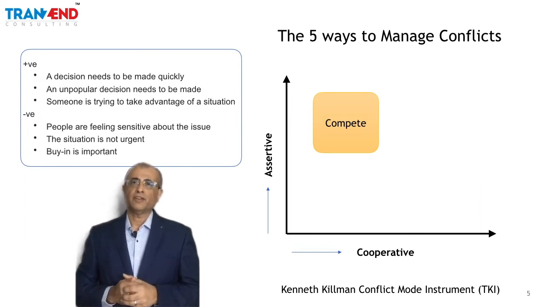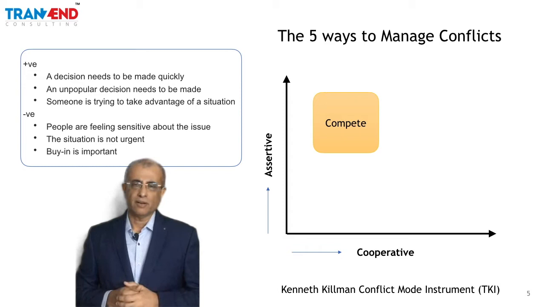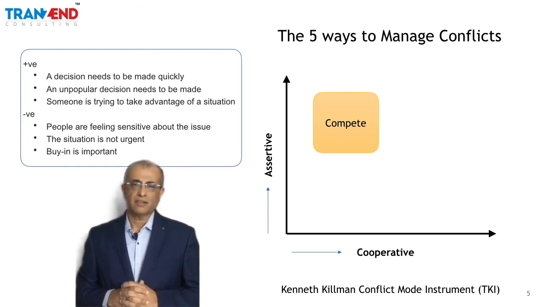Also, if there is a situation where things are not urgent, I mean, you have time to resolve the conflict. Maybe it's about the kind of strategy that you have to plan for the next 6 months, and you have the next 30 or 40 days to work on that strategy, and you are getting into some kind of conflict with your supervisor around it. Well, you don't need to push through at this time. You could discuss, argue, resolve, and reach some kind of collaborative solution. Not a great idea to push through in such a situation.